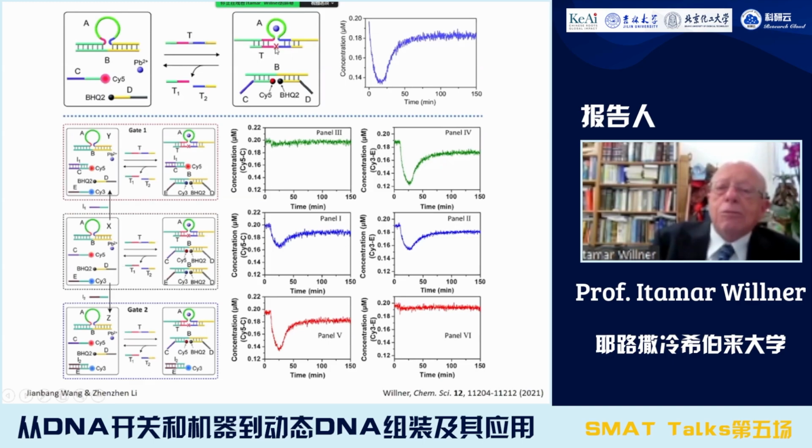The DNAzyme cleaves this strand T and regenerates the hairpin loop A, which displaces B and recovers the original state. So under these conditions, we have the formation of the intermediary state B, where the fluorescence is quenched, and we have the recovery that is induced by the DNAzyme. Again, we can control this dissipative, temporal, transient system